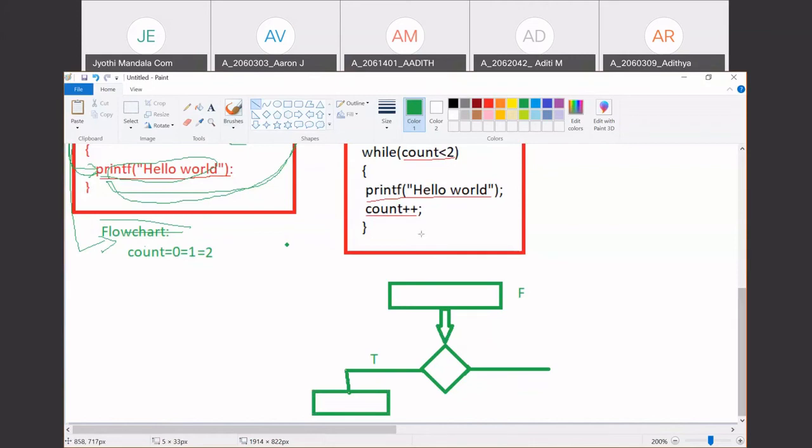Why is it not coming down? We need to have one more rectangle here, where we need to write the statements and conditioning. After executing this one, our flow will go back to your condition checking, right? So it will go back to the